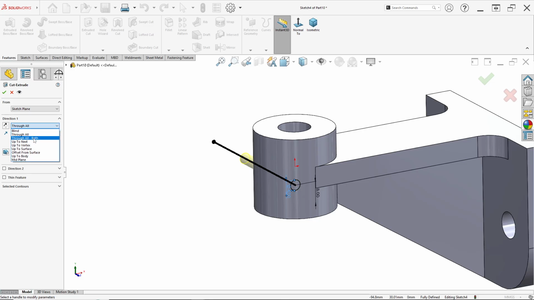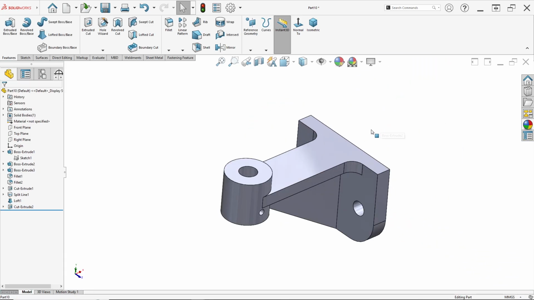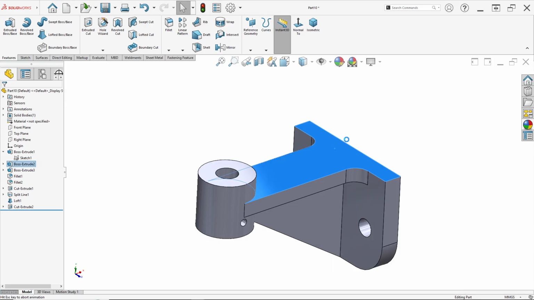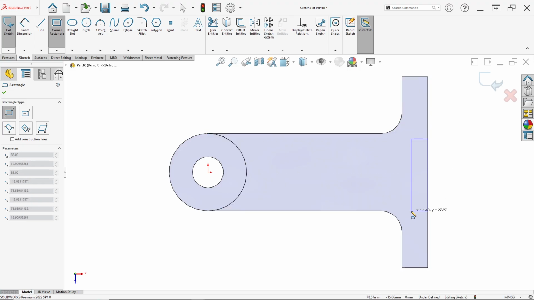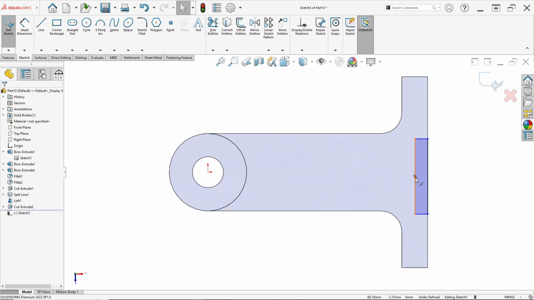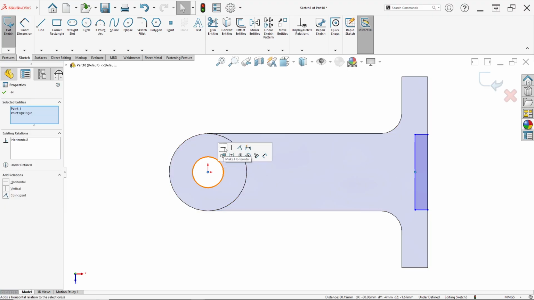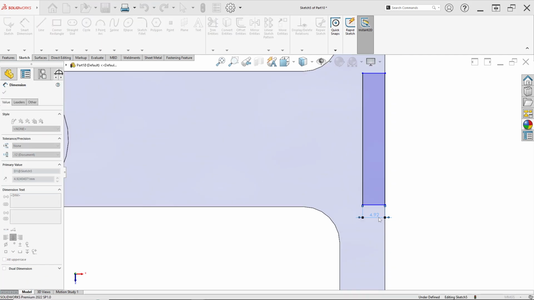Direction change in through all above. Click OK and done. Don't forget to make shape like this. Right click on this face, click sketch and draw corner rectangle from this edge to this. Ensure for this midpoint, click Ctrl on your keyboard and select this center. Click make horizontal. Set for width in 4 millimeter